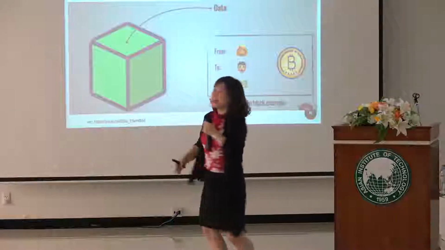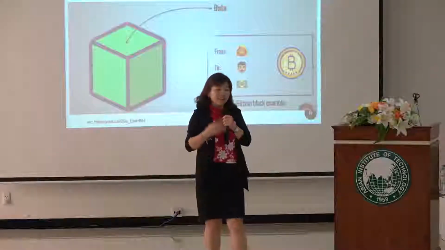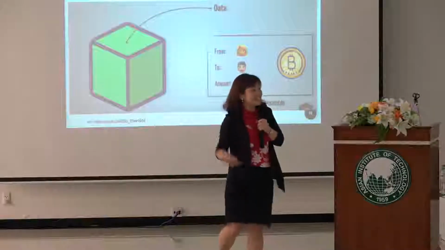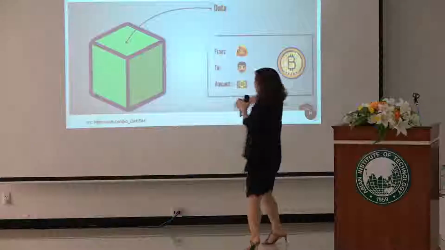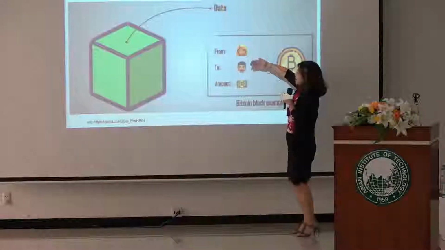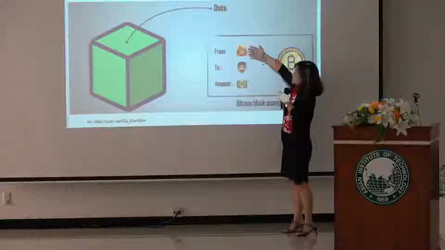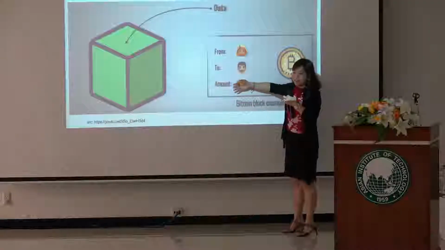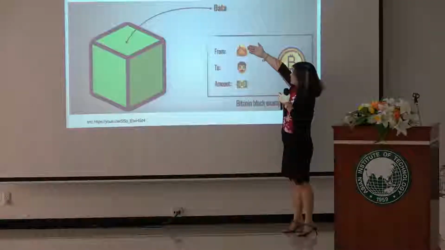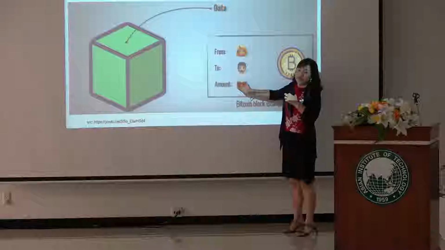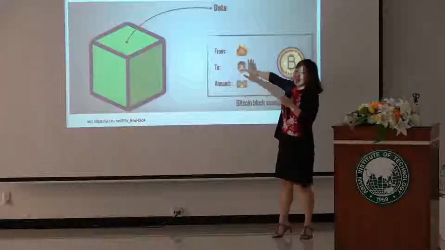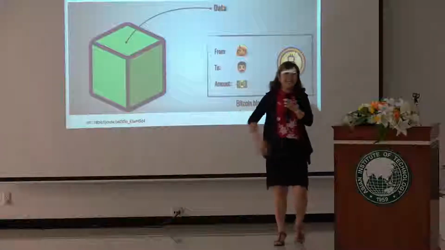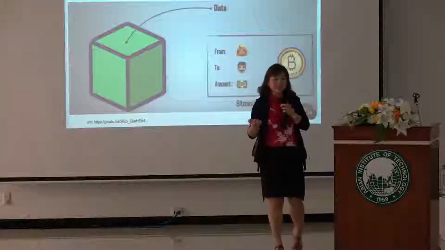But suppose that we use the banking scenario because it's easy to understand. So what data can be there? For example, the data that someone transfers some money to another one. Like, Alice transfers to Bob $100 US. This can be recorded. This is the data part. So that's easy. Any data can be there in the block. Okay?